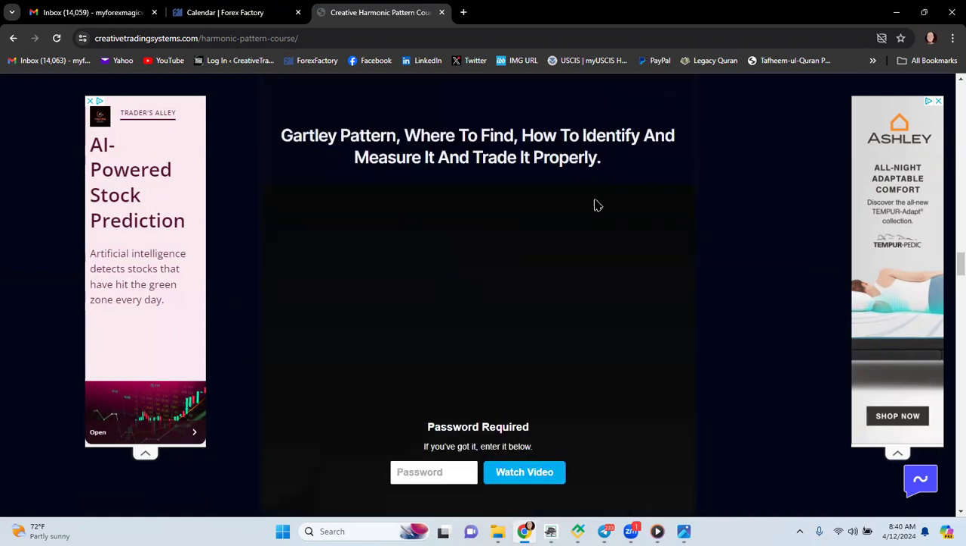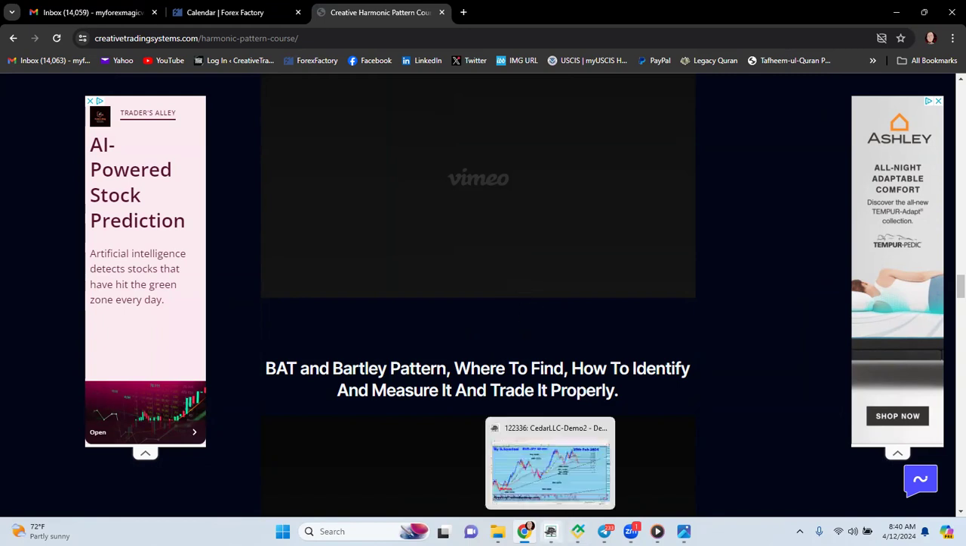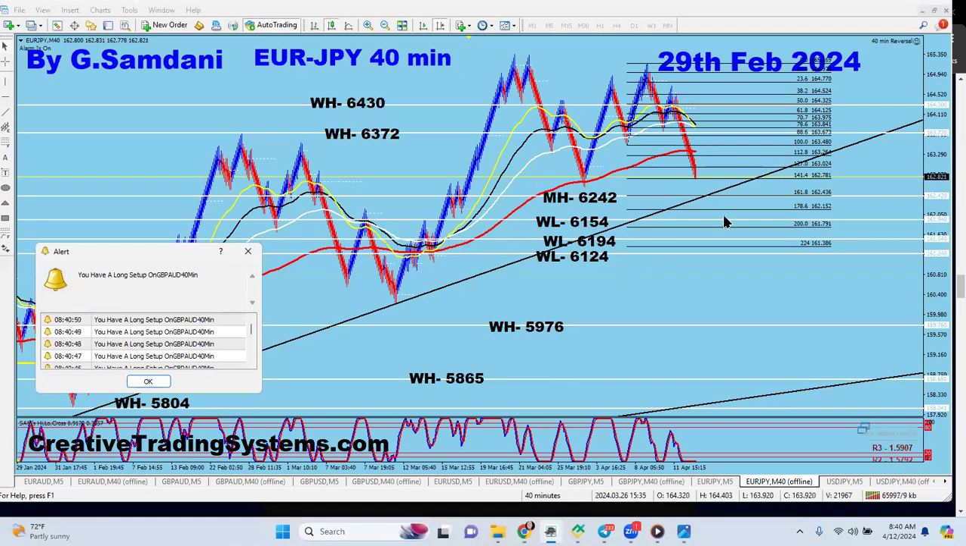So all of these, butterfly pattern, this and that. See, this is the Gartley pattern. This is all of those, right? See, bad butterfly, whatever, Bertley. I invented this Bertley thing. So yeah, you will get these videos or watch them, and then you will be able to see